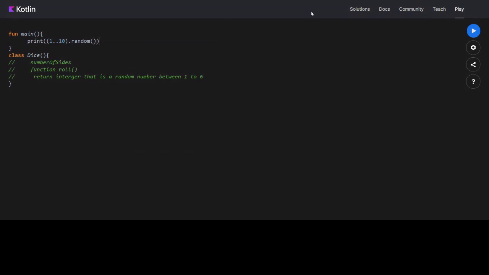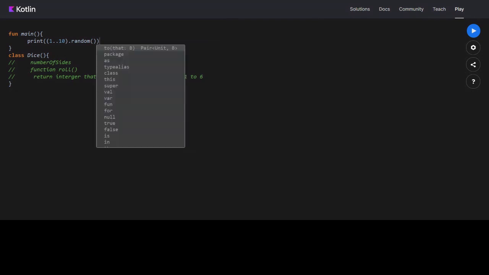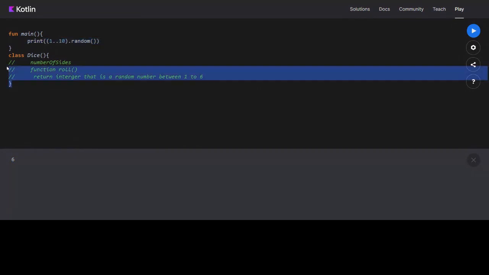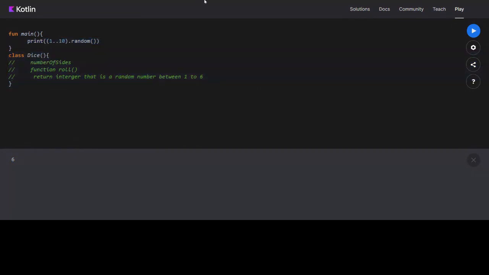This is working. As you can see, it is printing a random number between 1 and 10 every time I press run. This time it printed 3, next time it printed 6. So you can use this function to create this class. Once you are done, you can just say done and try this out.